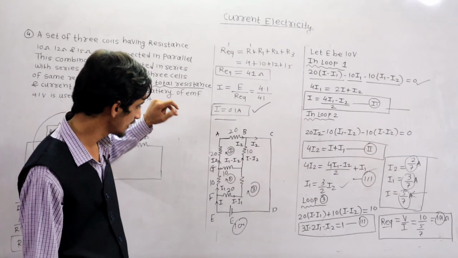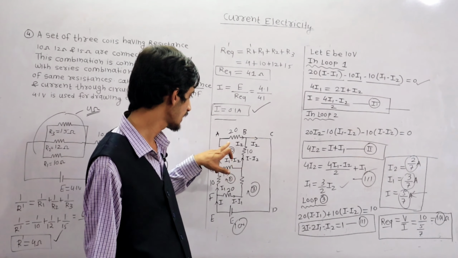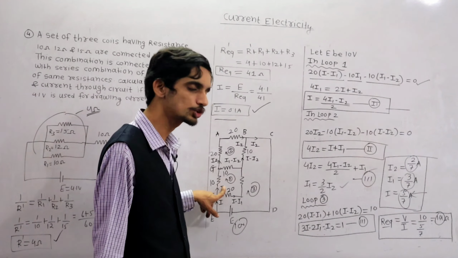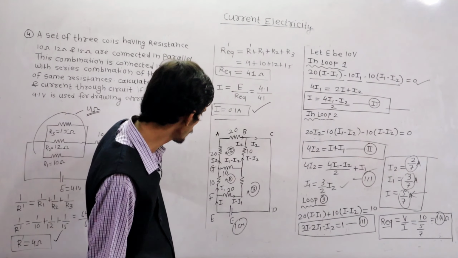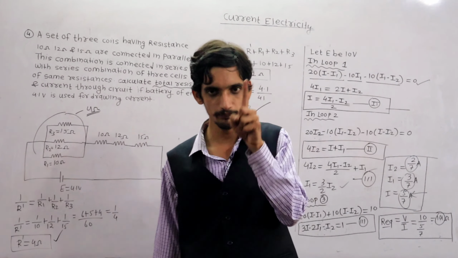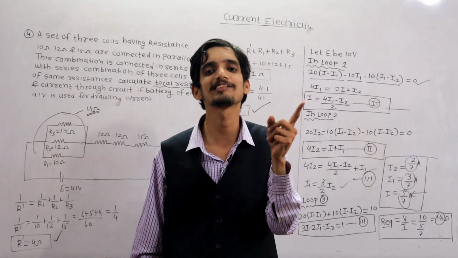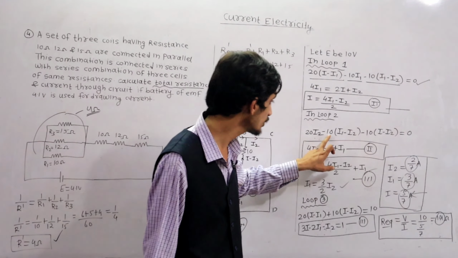So you have to identify the loops. After identification of the loops, mark the loop currents. Okay. So in the first loop, the current flowing is I1, and the current flowing through the second loop is I2. So with the common branch, if you are considering loop 1, individual current is I1, and in loop 2 the branch current is I2. So for the common branch of loop 1 and loop 2, what is the current? I1 minus I2. Clear?